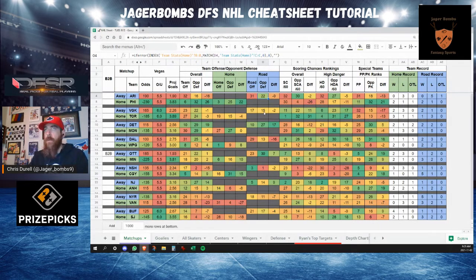So obviously we want teams that get a lot of high danger scoring chances up there for GPPs versus teams that maybe give up a lot. Now, what stands out there is Toronto versus Vegas. Toronto, so far through 7 to 10 games for all the teams,